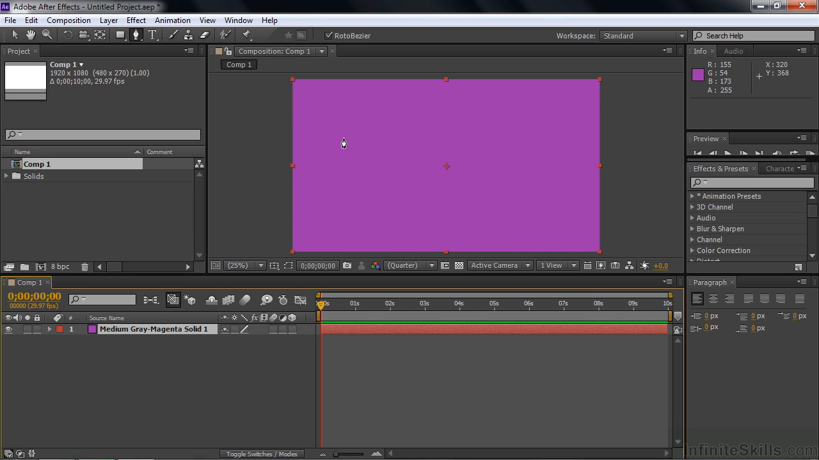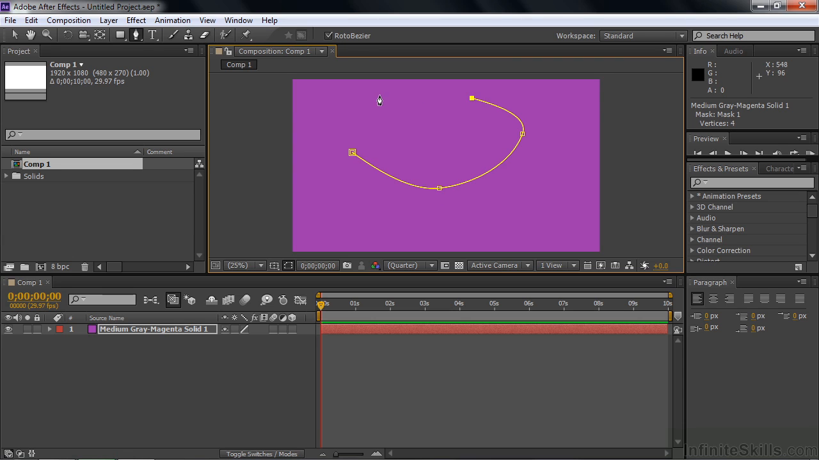I cover masks in upcoming lessons, but I'll give you a quick taste of what a mask is here now. I have the pen tool selected. I've got Roto Bezier checked so that when I just click, and click, it's going to make a curve. So I click once, click again, click again. As I go around here, I'm making this apparent shape. I'm going to close it here, and it's going to be kind of an oval when I'm done,